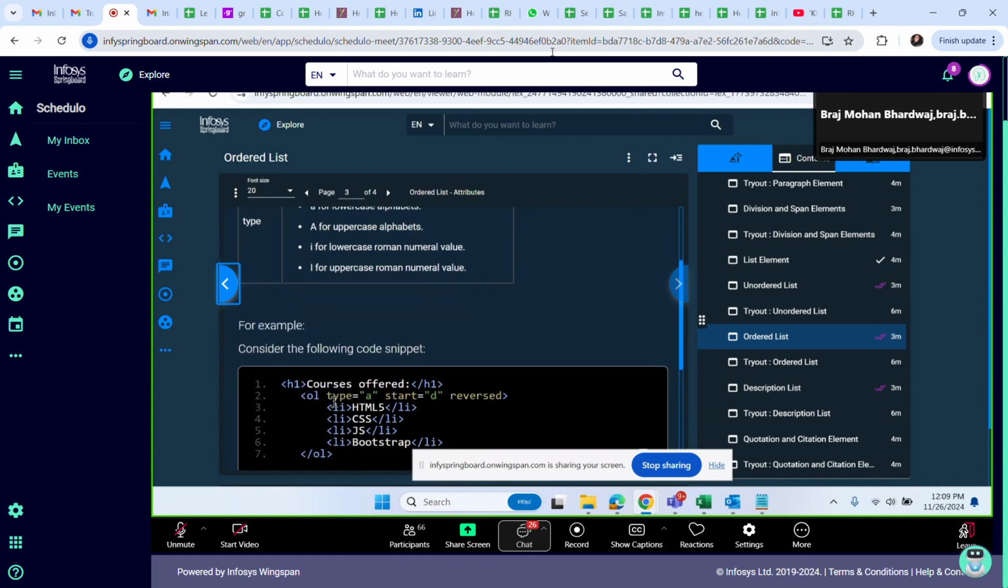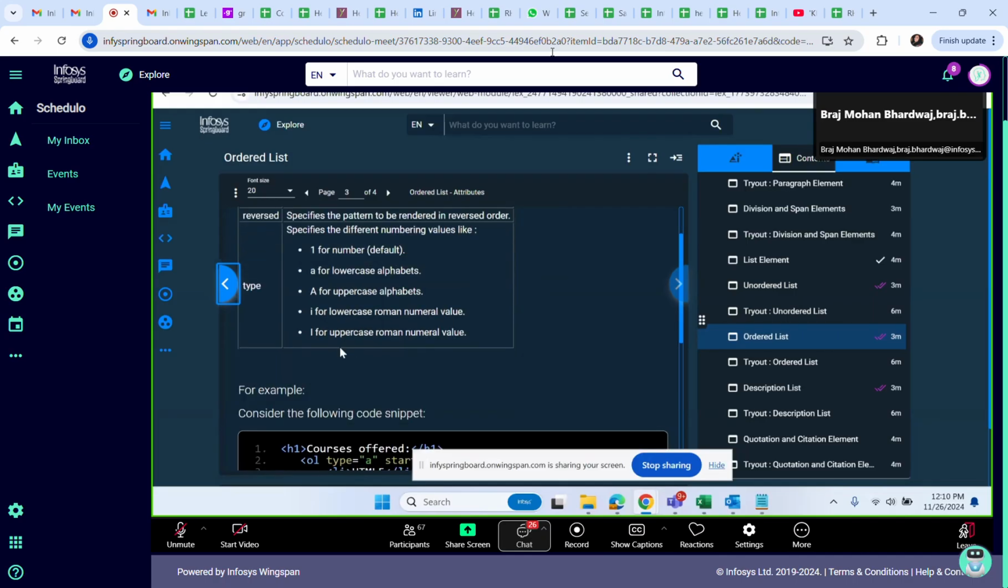This is the type in the ordered list only, in the inline CSS only, we have to explicitly mention the type we are looking for. And the start and the reversed order are not required. If you are in need of that, you can do it. Otherwise, only the type will work for you.